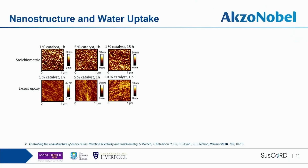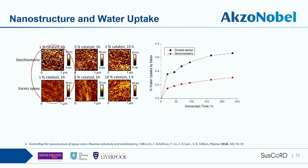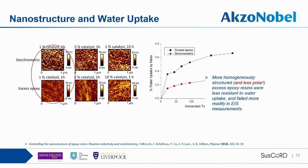However, I don't have the link between overall long-term water uptake and this initial nanostructure. And as I said, I tried a lot of different things to create a homogeneous and a heterogeneous sample to compare. And this is one of the closest. So this is varying the stoichiometry. We can make a more homogeneous or less homogeneous sample, and then look at water uptake. So this is a gravimetric experiment. What was interesting here is the more homogeneously structured excess epoxy sample, which is also less polar, and that's normally considered to govern water uptake,